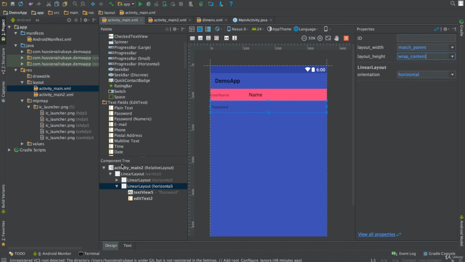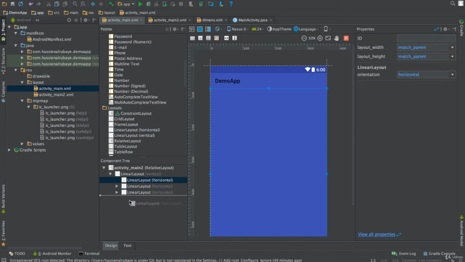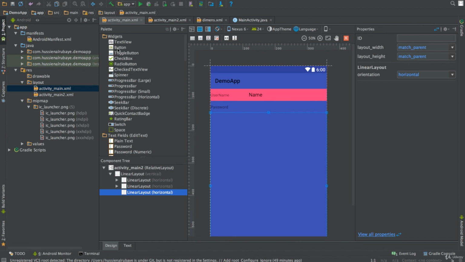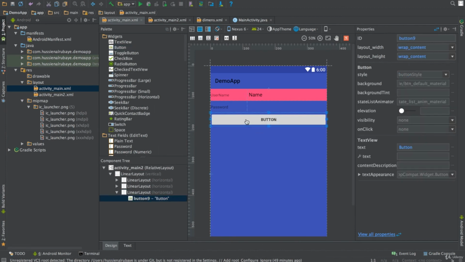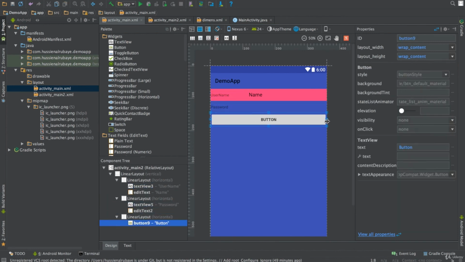Now I could add the third row. Let me add the third row for the button. I will just go here and add the row. You could add it in this way, and I make sure to add this row after the others. So now first row, second row, third row, I am adding a button. I would look for button, then add the button inside it. Now here you go. Now I have a button to fill, and this button I could manage the width,